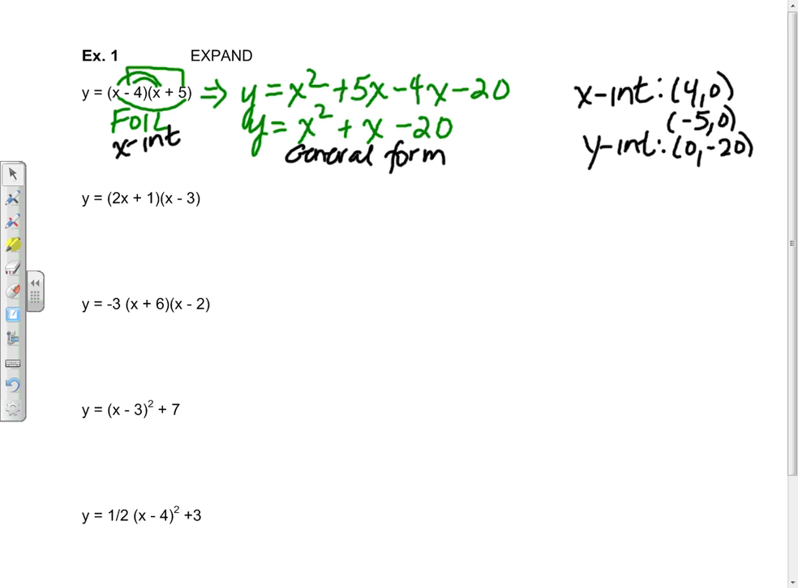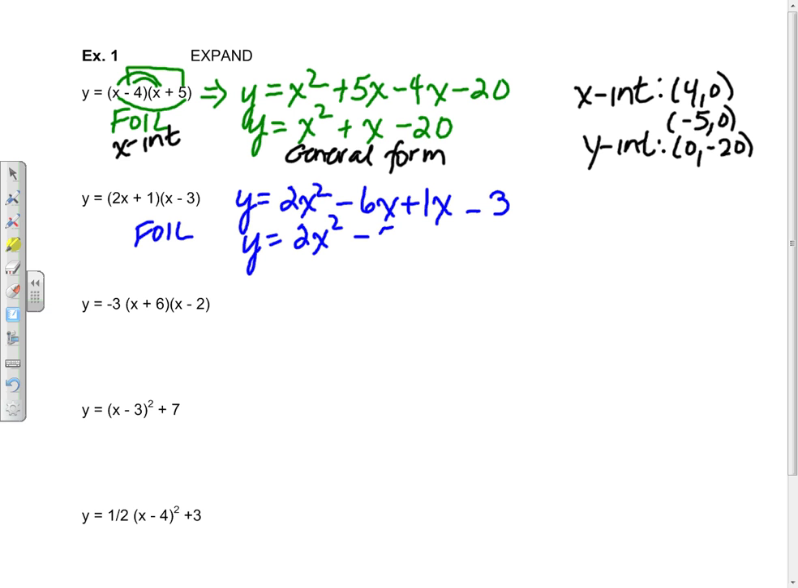expanding. The second one, y equals 2x plus 1 times x minus 3. It will be the same idea. We have to do FOIL. Y equals firsts, give me 2x squared. Outsides give me minus 6x. Insides is 1x, and last is minus 3. Simplifying by collecting like terms, I have 2x squared minus 5x minus 3. My y-intercept is minus 3, and my x-intercepts are 3